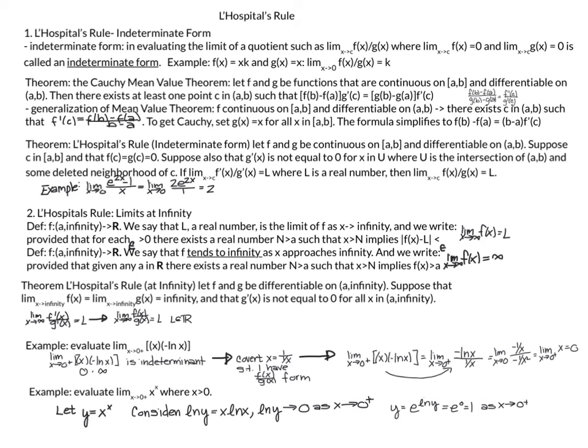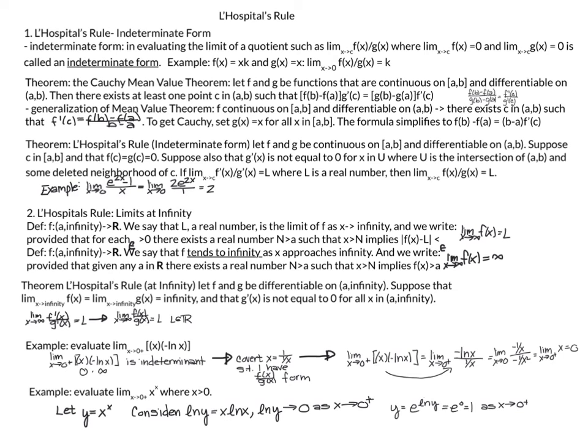Before we looked at L'Hopital's rule, we did look at the Cauchy mean value theorem, which is this equation here. So if f and g are continuous on the closed interval and differentiable on the open interval, then there exists at least one point c in the interval such that this condition holds here. And this is a generalization of the mean value theorem. So if you plug in g of x equals x into the Cauchy mean value theorem, you will get the mean value theorem. We went on to look at L'Hopital's rule,